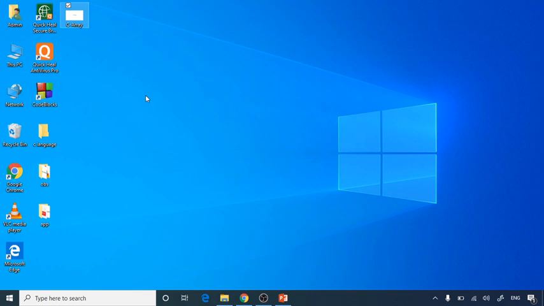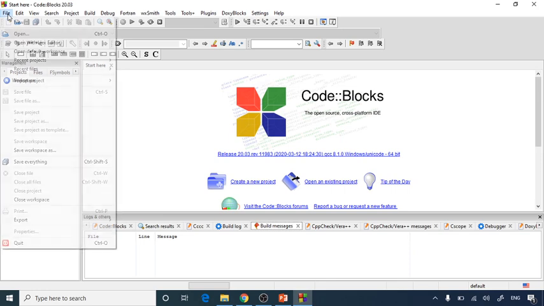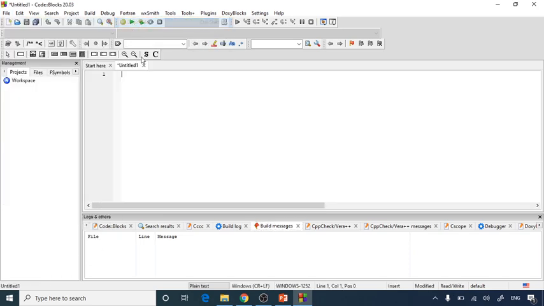For that, let's open Code::Blocks and first of all we will write one array. Today we will declare one array and compile the array initialization. So let's start with an empty file. File, new, empty file.